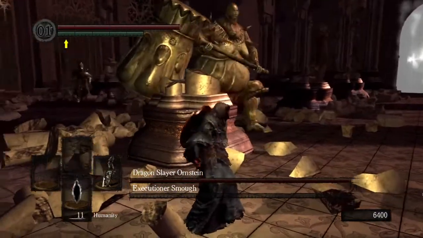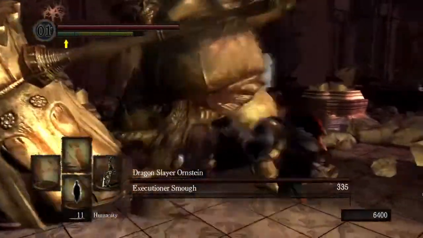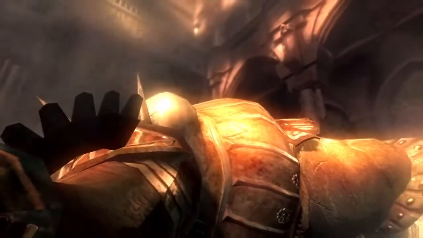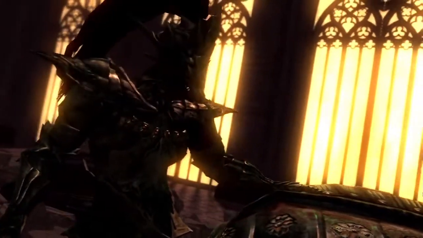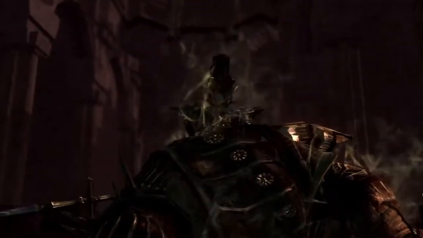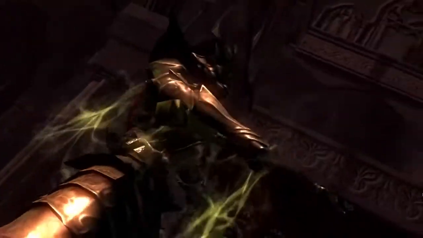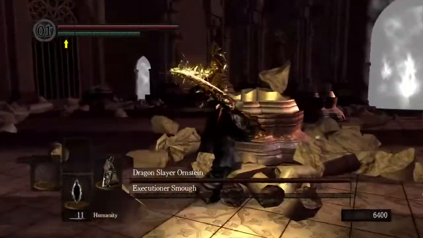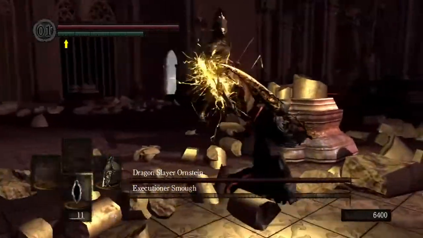Yeah, these items are handy, but they do fully heal you, so. There. Okay. Don't get hit there. Good. If you kill Ornstein first, he reverently watches when he falls, but Smough just obliterates him with his hammer. Yeah, we generally kind of keep doing this until